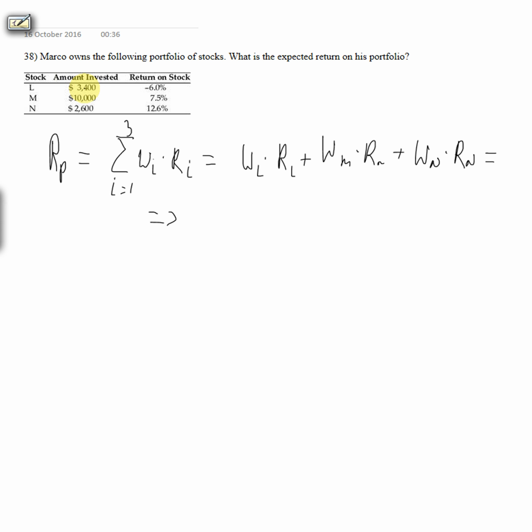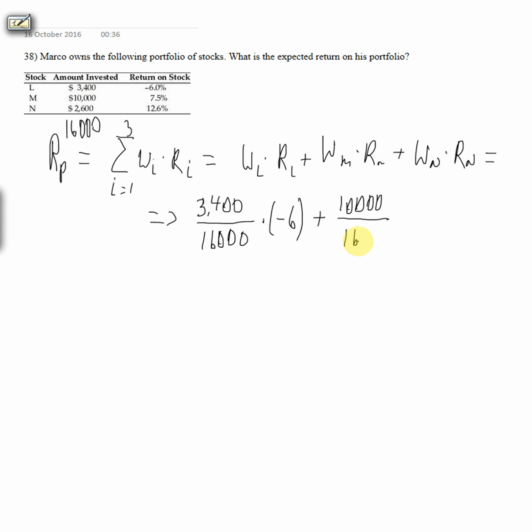Now how much is this? What fraction of total cash is 3,400? In this case we just need to divide 3,400 over the total amount. So what's the total amount? That's 16,000 here, the sum of all of these, times R_L. R_L is this value here, so this is minus 6%, plus w_M, which is now 10,000